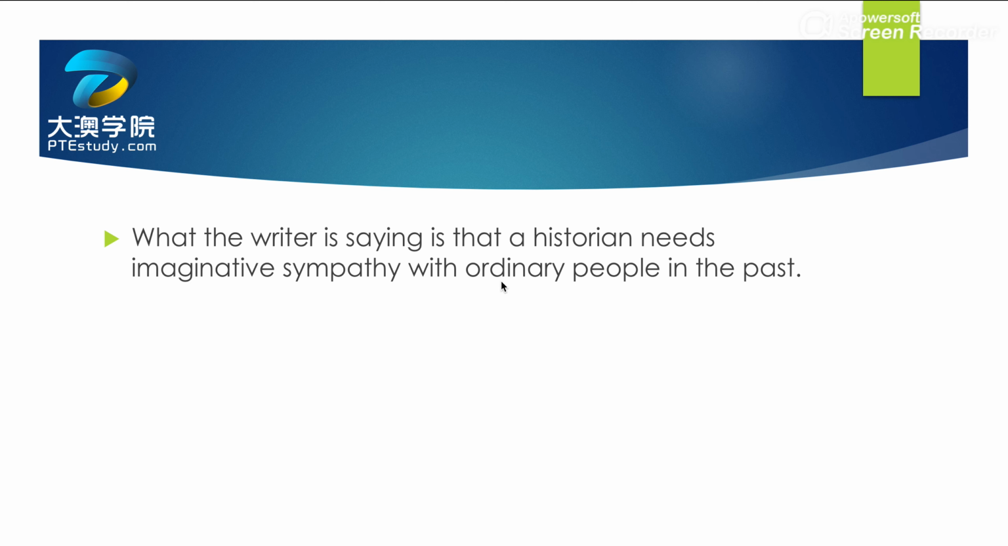ordinary，不好听。Ordinary 这个 d 几乎听不见啊，把你的舌头顶在上颚。Ordinary people in the past，读快就是 what the writer is saying is that a historian needs imaginative sympathy with ordinary people in the past。啊，这句话 RA 当中有一些难点啊，希望大家能好好练一练。大家这个学会了吗？